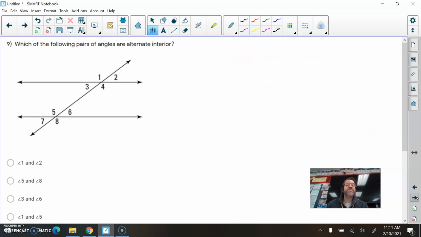All right, number 9, same thing, but now we're looking to find the pair of angles that are alternate interior. Okay, 3 and 6 are alternate interior, 4 and 5 are alternate interior. And I do see 3 and 6, angle 3 and angle 6 right here. So I'm going to choose that one. 1 and 2 are right next to each other. They're not congruent. They're supplementary though. Those are adjacent